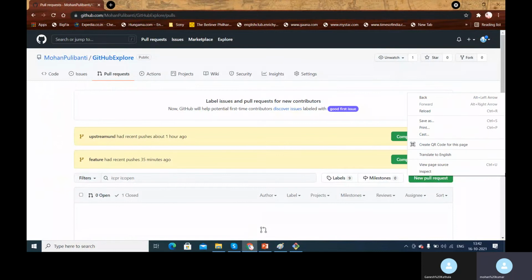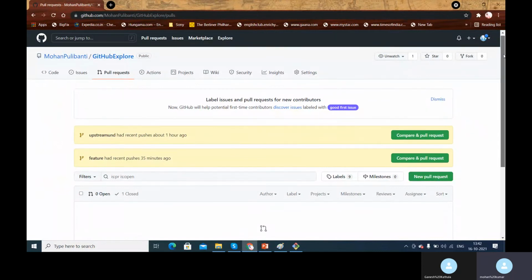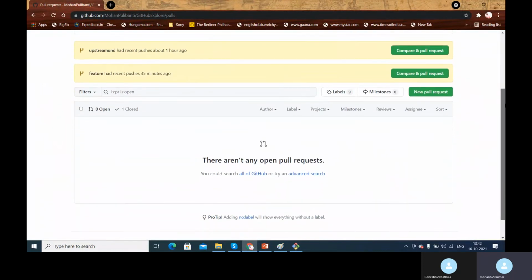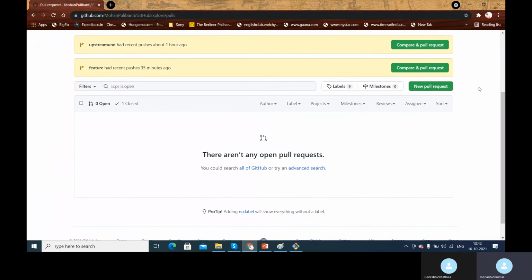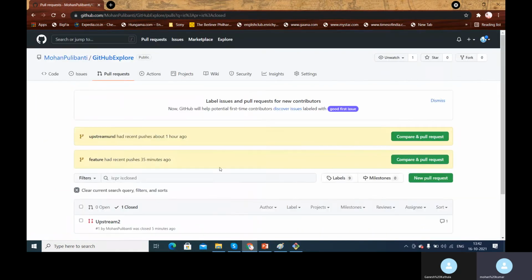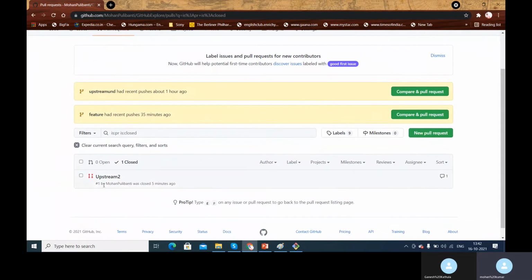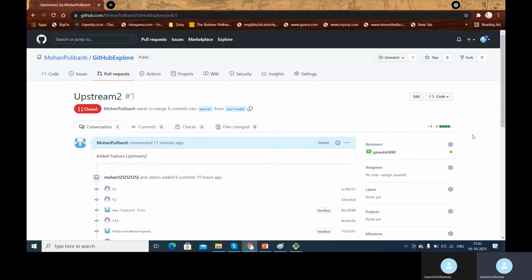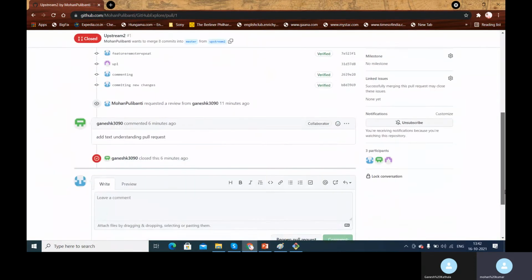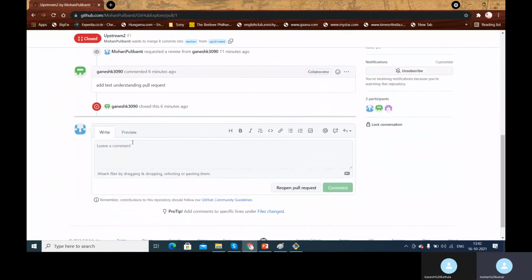So what I have to do is create a new pull request again. There are not any open pull requests. One closed. So this is the pull request which is closed, and let me go to this pull request, and I should have an option to reopen the pull request.